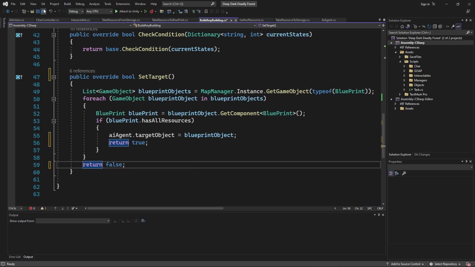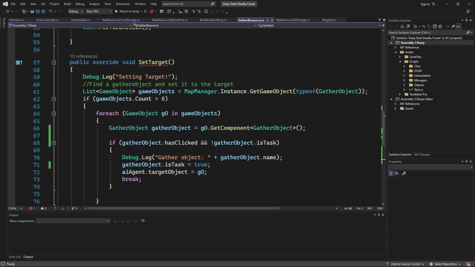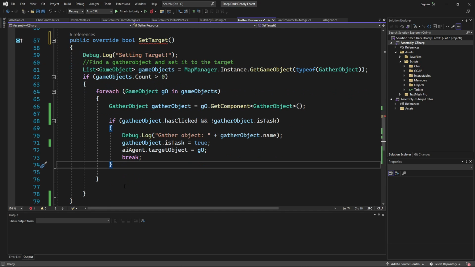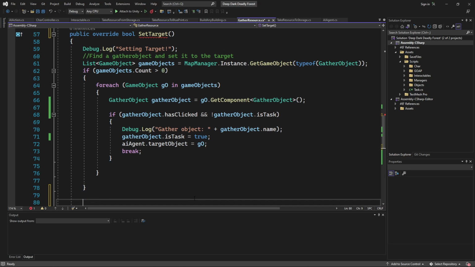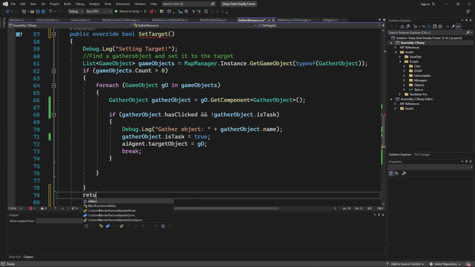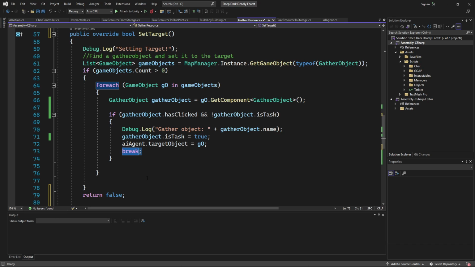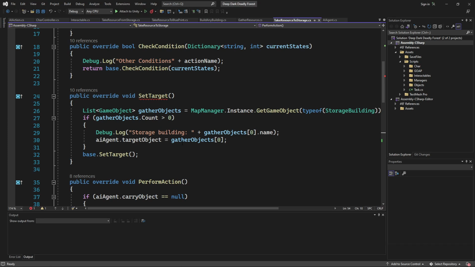What I'm thinking is, let's say it doesn't set the target until it gets to that action.